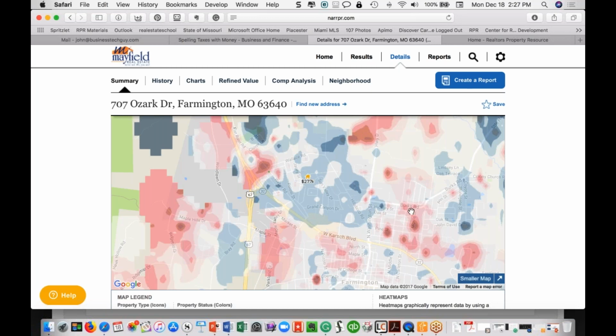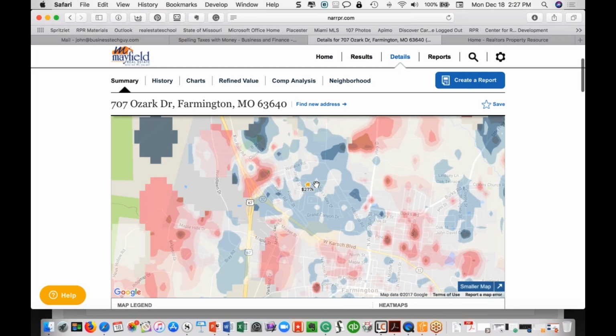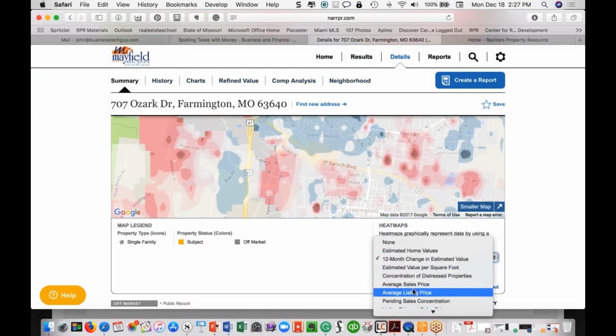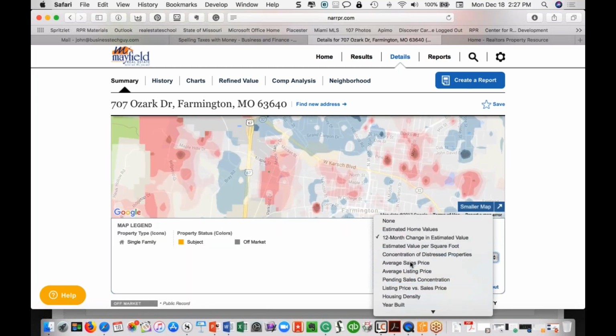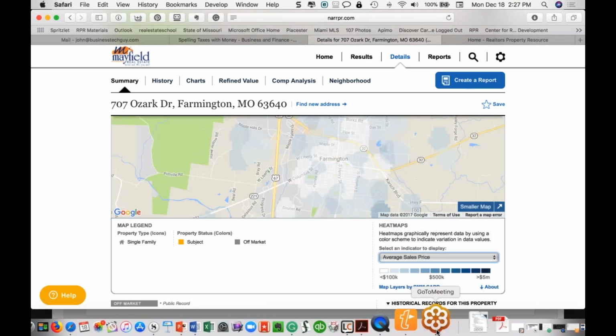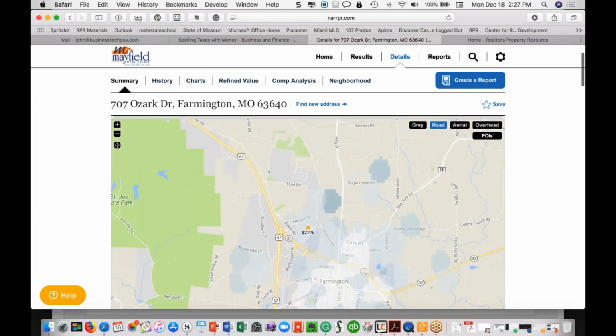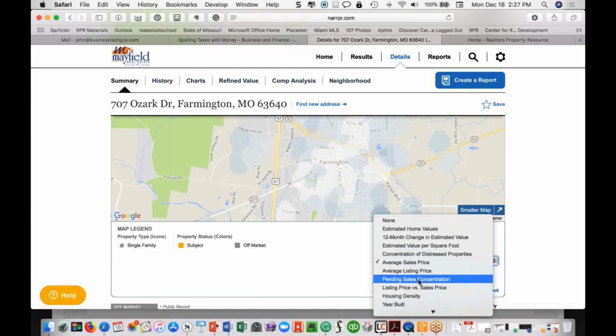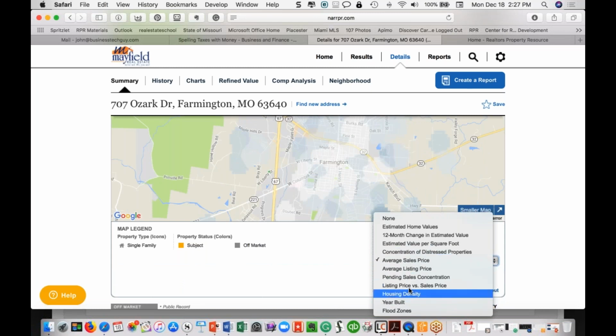These are a lot of newer homes. So if I'm doing a CMA back in here, these property values are actually falling a little bit, whereas Holiday Park is still holding its value, maintaining its value a little bit more. There are several heat overlays that you can look at. If you wanted to look at the average sales price, you could do that right there. And so you just basically need to go and play around with some of these and look at what's there,